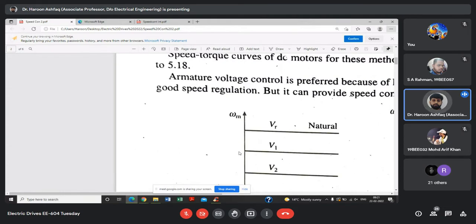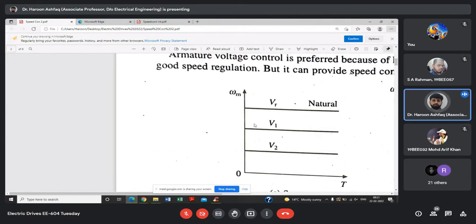ये रेटेड वैल्यू के लिए हो गया वी आर का, और उसके बाद जो है आपके पास वी वन, that is say the voltage that is reduced by some percentage, V2 when the voltage is reduced by certain more amount, ठीक है। तो जो आपके पास ये वैल्यू ऑफ इंटरसेप्ट है, जैसे जैसे आप V कम करते चले जा रहे हैं तो इंटरसेप्ट कम होता चला जा रहा है, but the slope of the line remains the same,